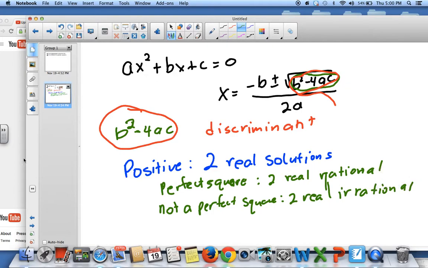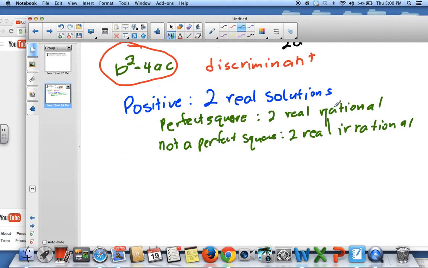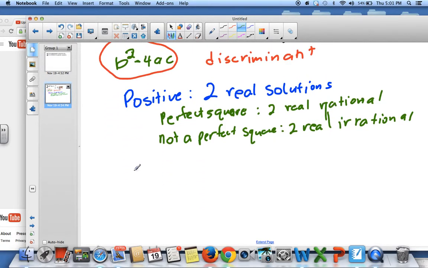Now, that's to say if it's positive. Now, what happens if it's negative, or let's say if it's 0? Because it's possible that when I do b squared minus 4ac, I get a 0. And then when I look back here,